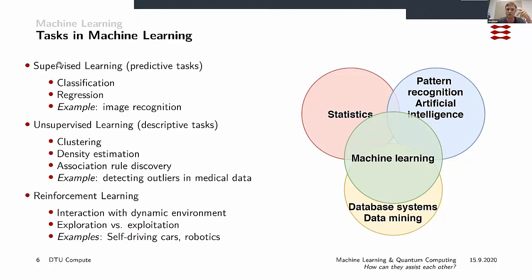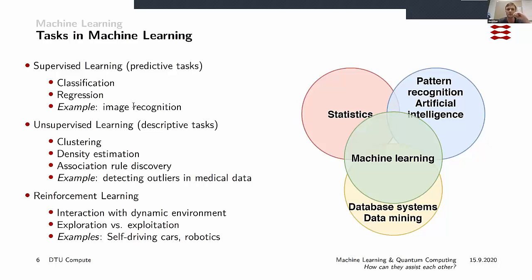The first one is called supervised learning, which is a predictive task. The idea is that, again, we are handed some images, and some humans have labeled them with cats and dogs. Now we want the algorithm or the computer to classify whether there's a cat or a dog on this image. That's a classification problem, right? We have some discrete classes, cat or dog. But we can also imagine a regression problem where we were to predict maybe the blood pressure or something like that, which is more of a number, which is not categorized as such.